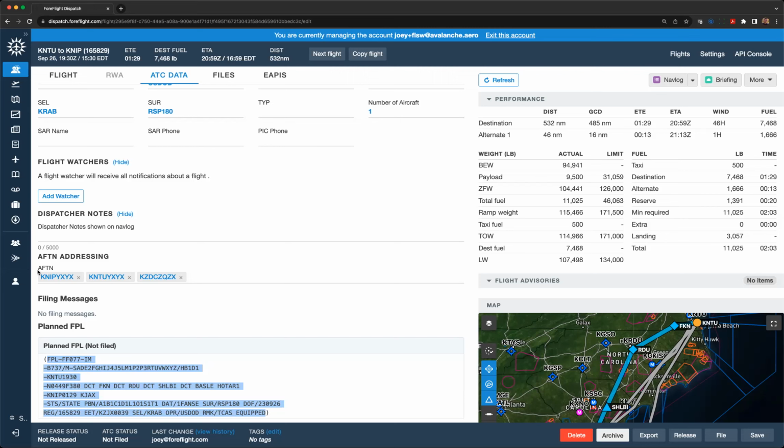This is only sent to the AFTN addresses listed here. This is the center and the towers that we're going to be flying through. If you have an entity that accepts FPL messages and you know their 8-digit alpha code, you can manually enter that here as well. You also have the ability to share notes with the flight crew that will go to the nav log,